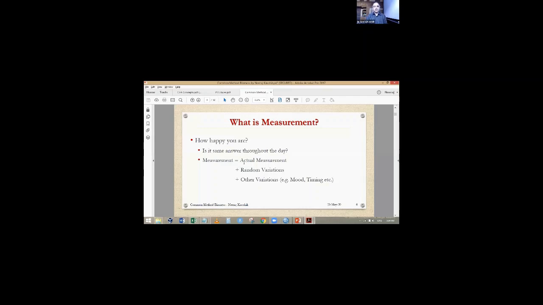Please remember, whenever I measure anything, there is actual measurement, which is the correct thing. Then there is the random variation. Random means actual measurement taken again and again will not be the same. See, in physics, this is always the same. So when you remember Boyle's law, Charles' law, etc., you have studied, PV is equal to nRT, you do it 1000 times, you will get exactly the same result. But how happy you are, not the same, all the 5 times, 10 times. So one is actual measurement, one is random variation, and third is the transient, some other variation.